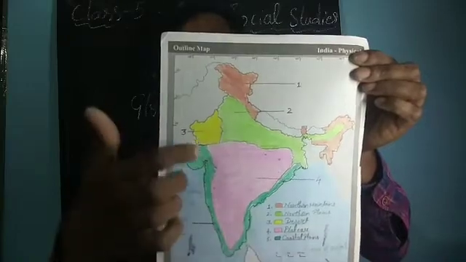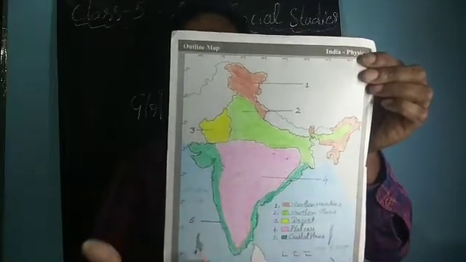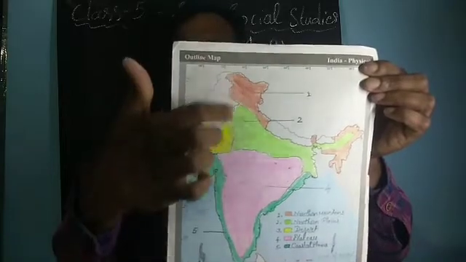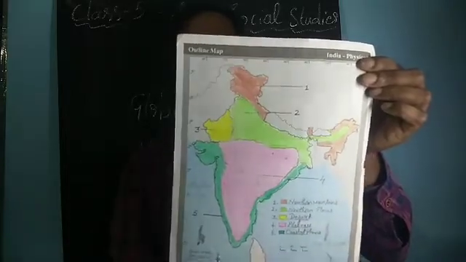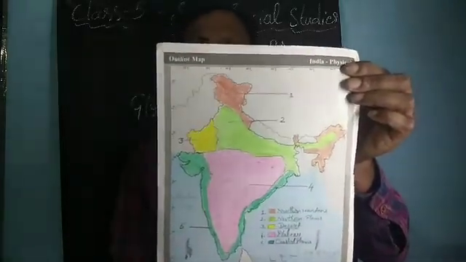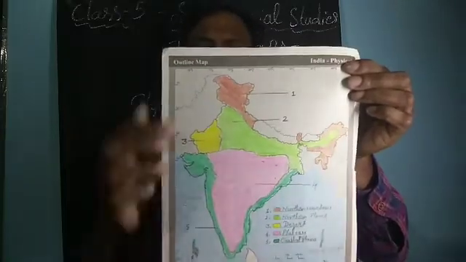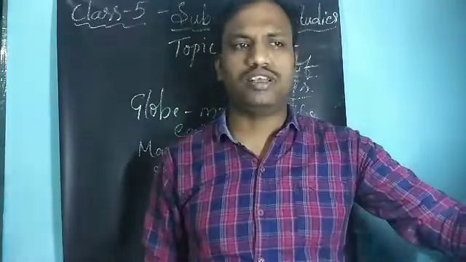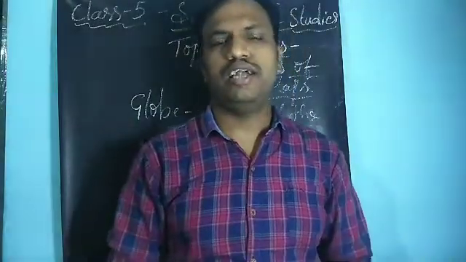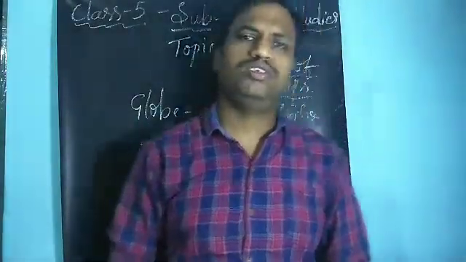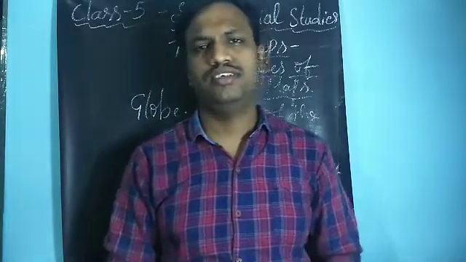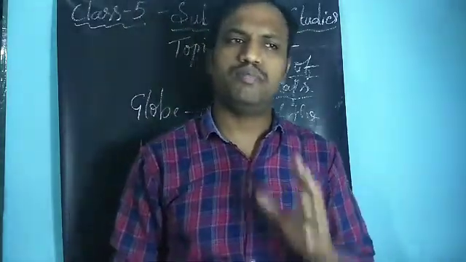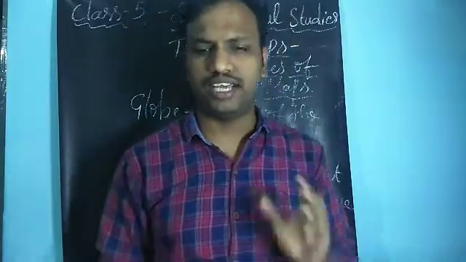and you can also see the coastal plains and as well as the islands. These are the physical features of India. This is one of the important types of map which shows the different physical features such as mountains, rivers, and plains, plateaus, and as well as islands. And all these things are being shown in a particular type of map. That is, we call it a physical map.